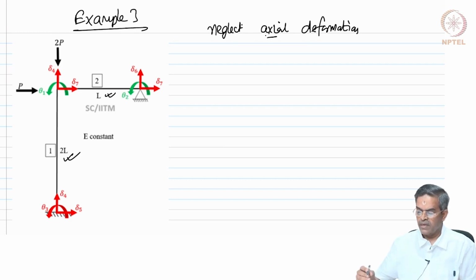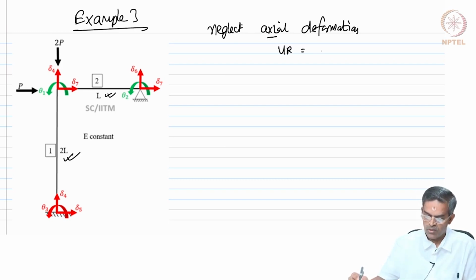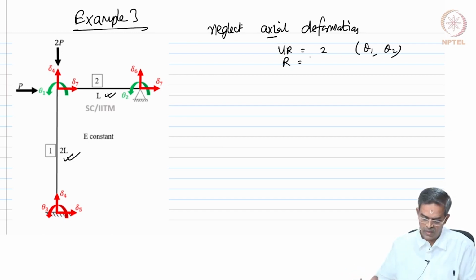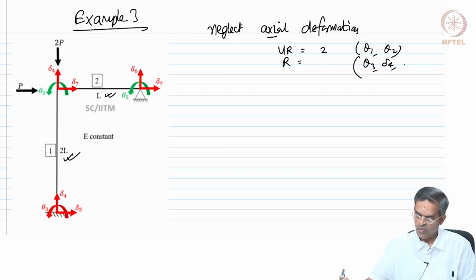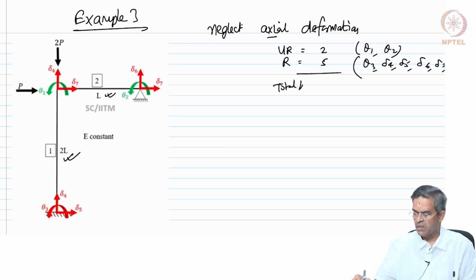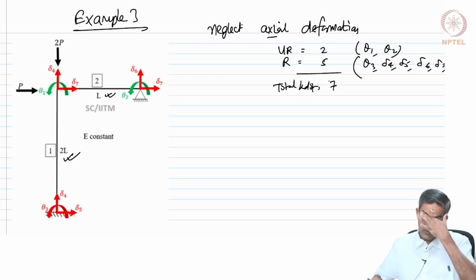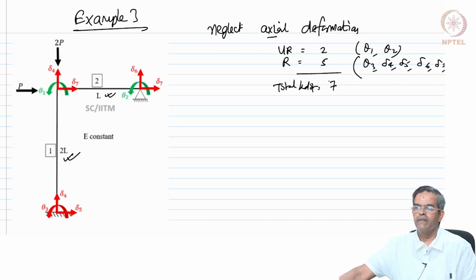Okay, so it has got unrestrained degrees 2, which are theta 1 and theta 2, and restrained degrees are, let us say, theta 3, del 4, del 5, del 6 and del 7, which is about 5. So the total kinematic degrees of freedom is 7. Okay, so each matrix will be 4 by 4, and we can try to find out this very easily. So now